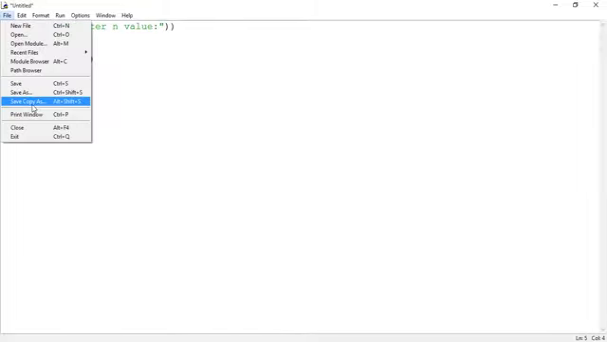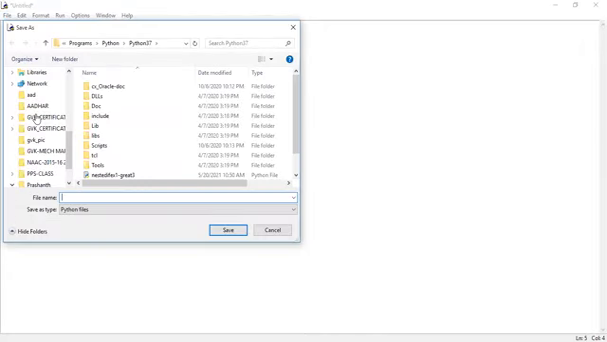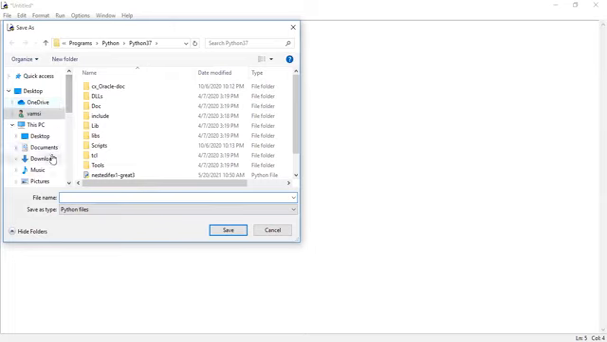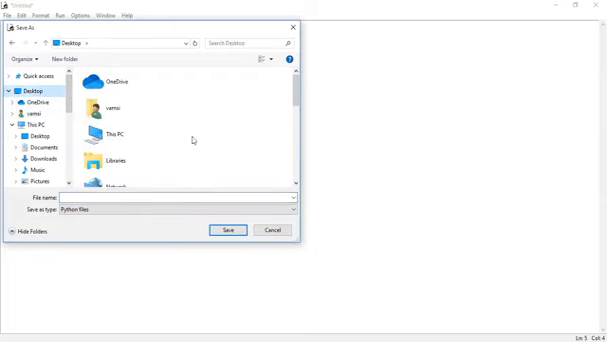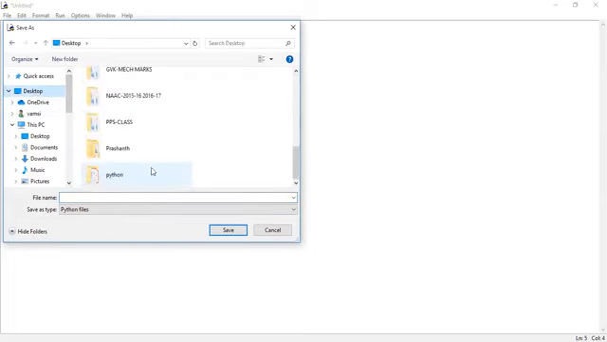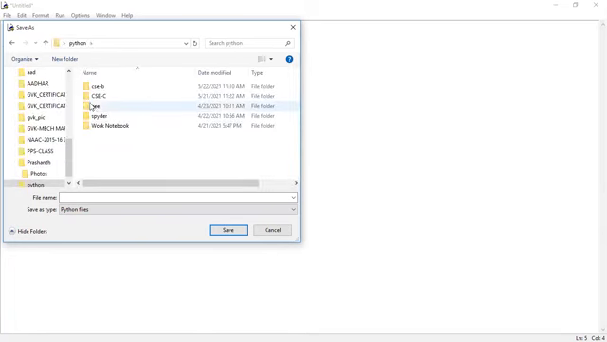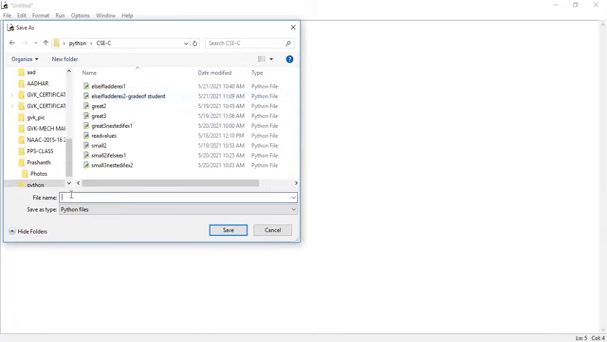So save the code, guys. It is an example for while loop, so give some meaningful name. I'm storing the code into the Python folder of the desktop. In Python, the CSCC folder is there, so here I'm saving the code. Give some meaningful name: while